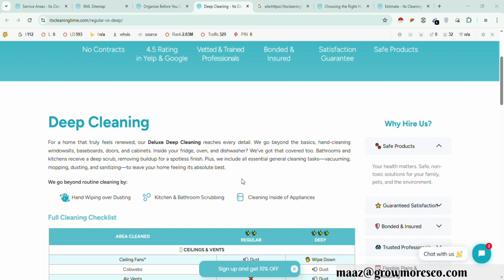And if we check this website, they have a sticky header. Even if the customer is scrolling down, if someone clicks here, they must know where to book the services. And here you can see they have a proper services section, and if I click on this, I will move to a specific page that is giving move out cleaning services. They have a common page.